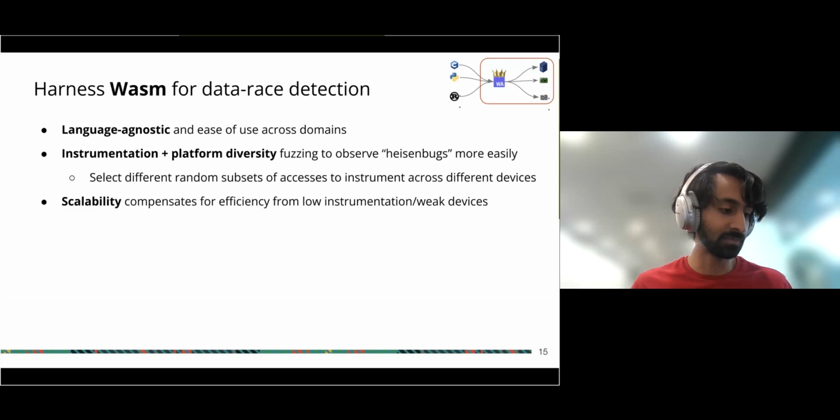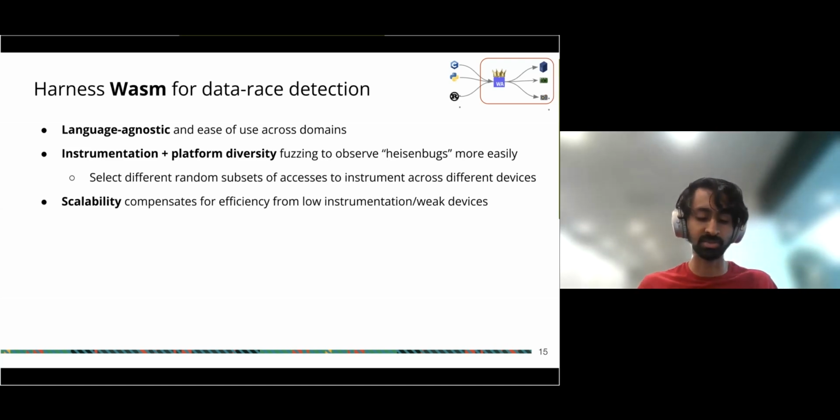And often, I think the first intuition for people is if we choose a smaller subset than 100%, we have less effectiveness in our debugger. And while this is true, we can actually compensate for this with scalability. So instead of debugging with 100% of accesses instrumented on a single platform, you could instrument, say, 10% or 20% on 20 different platforms. And the scalability will compensate for your